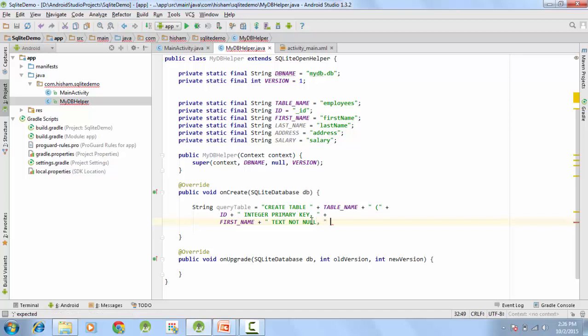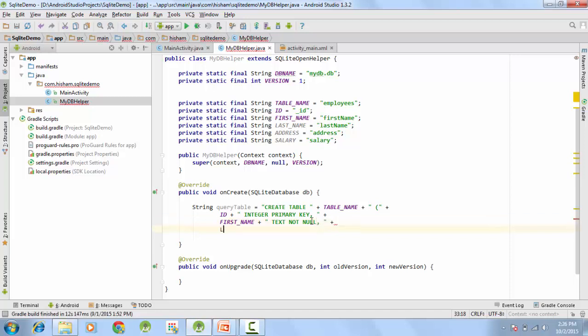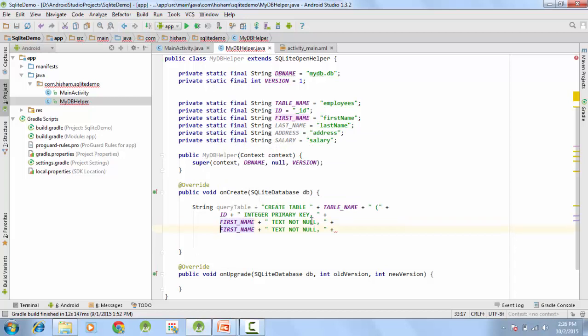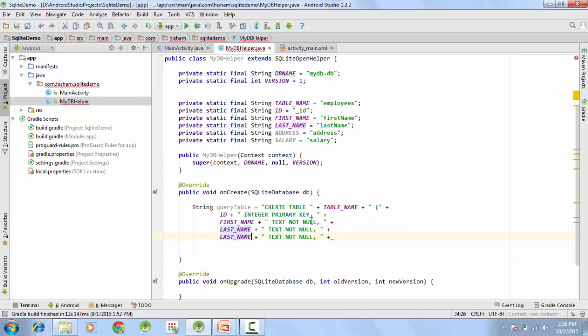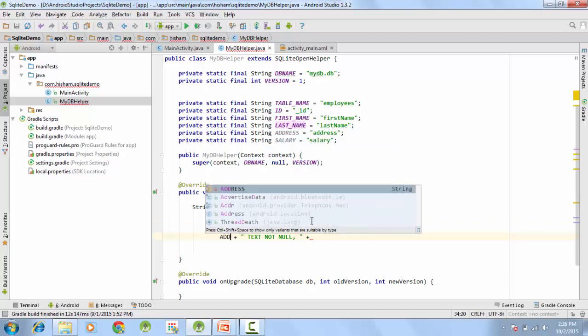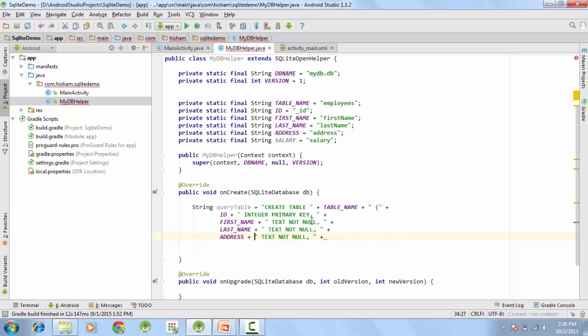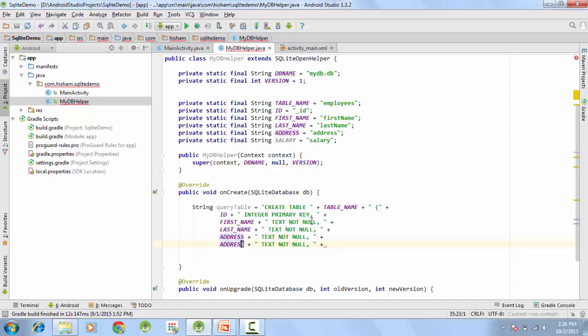We don't want this to be null, right? And then the last name, and after that the address,